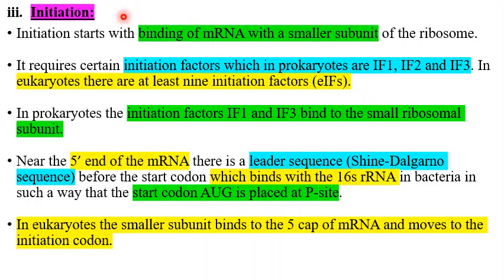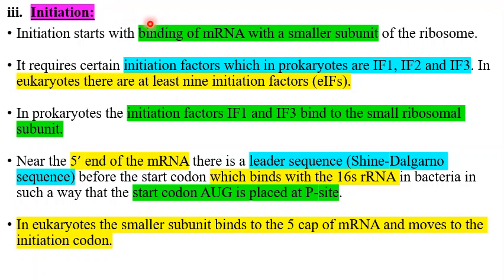Now, in the first video, we discussed the two steps of translation. First, activation of the amino acid, and the second was charging of the tRNA. Both these steps were catalyzed by the same enzyme, that is aminoacyl tRNA synthetase, in which in the first step the amino acids were activated with the help of ATP, and then that activated amino acid was transferred to its specific tRNA. Now the third step, that is initiation.